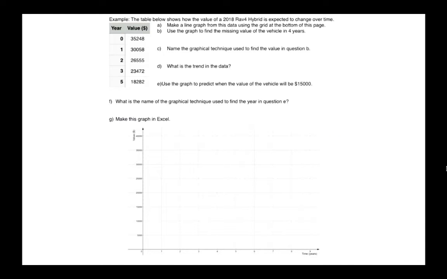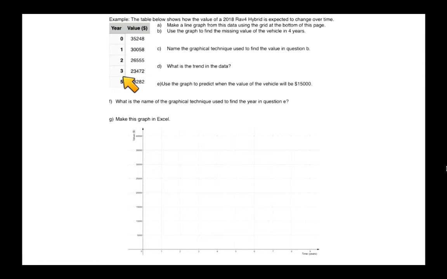So let's look at a particular example of a line graph now. We're going to be looking at a table of values which has the value of a 2018 RAV4 hybrid and how we're expecting its value to change over time. So when you buy it brand new, year zero, it's worth $35,248. And it's been predicted that 1 year later it'll be worth $30,058. And 2 years after buying it brand new, it'll be worth $26,555. 3 years after buying it brand new, it'll be worth